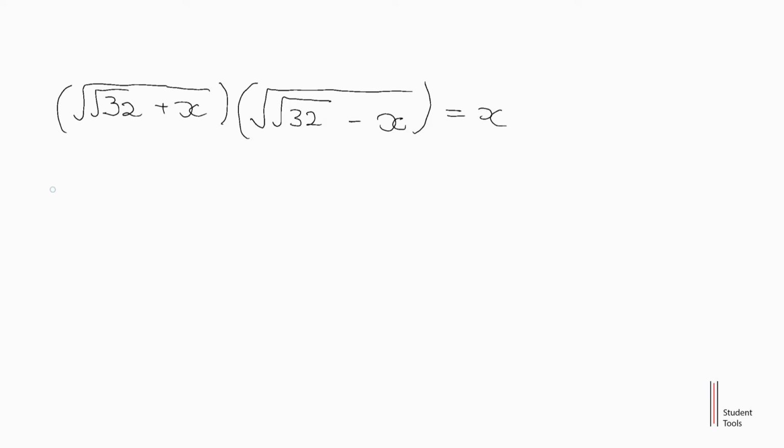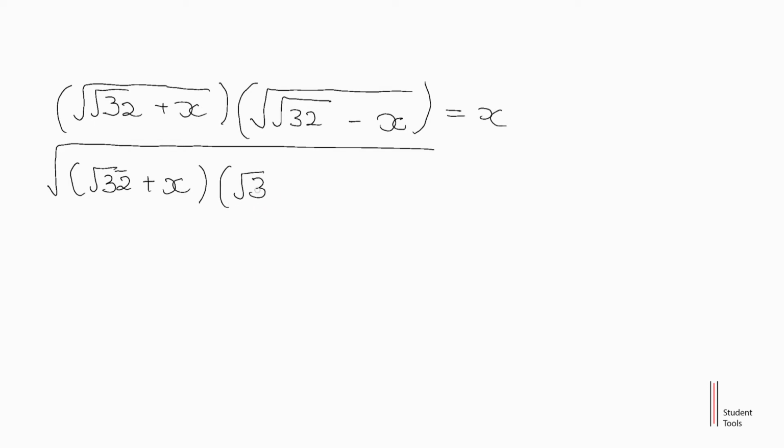So this is the same as having one big square root, and underneath we will have the square root of 32 plus x, close bracket, open bracket, square root of 32 minus x equal to x. So in order to get rid of this square root, we have to square this,